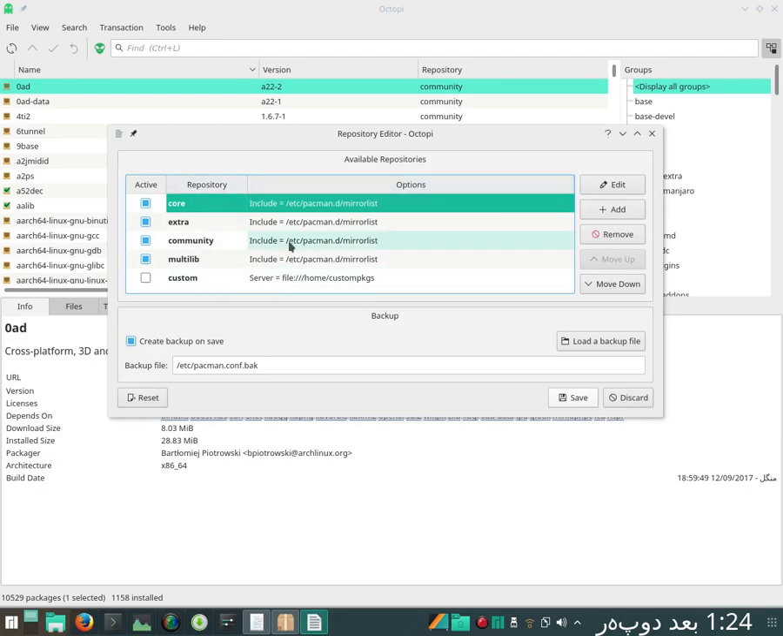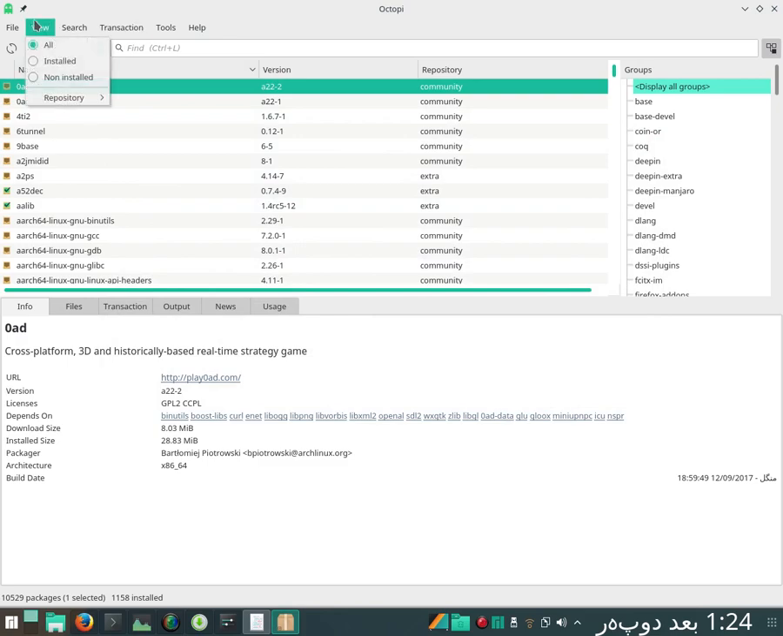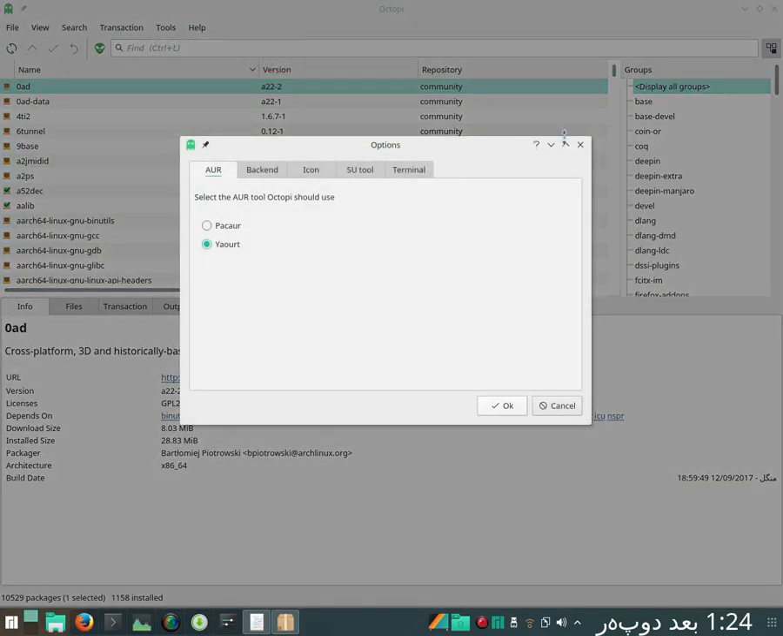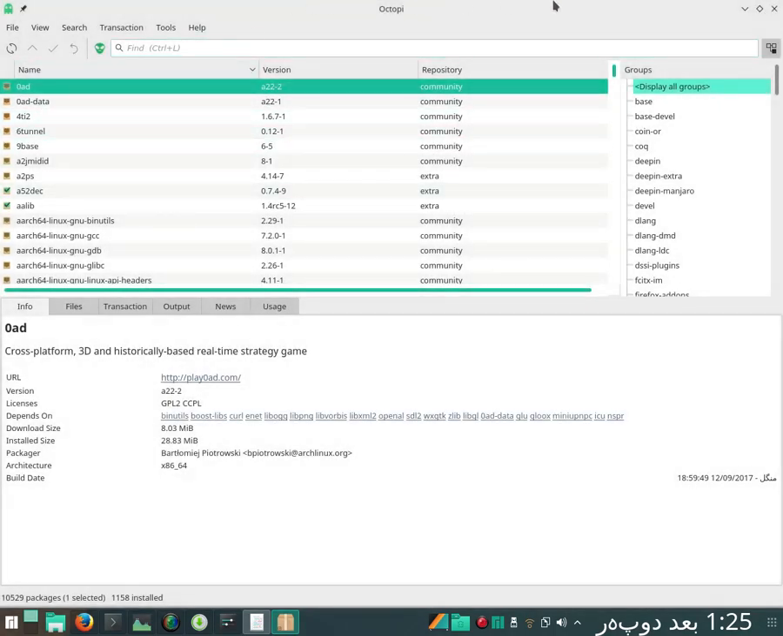Well, let's just see what you can do. Actually, you don't have to do it from here, but I'll just go to options, yeah, AUR. Here is what you can do. Select the AUR tool Octopi should use. You can just do any of it, yay and paru, both will work. So like this, you can find packages from the AUR,